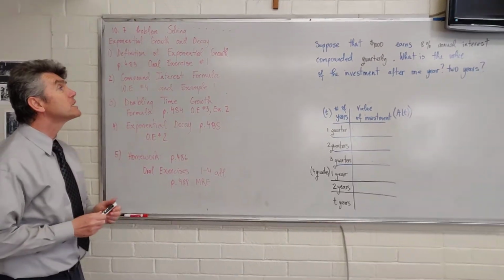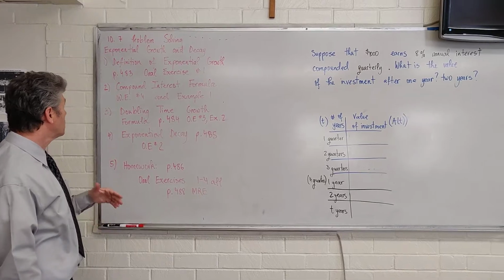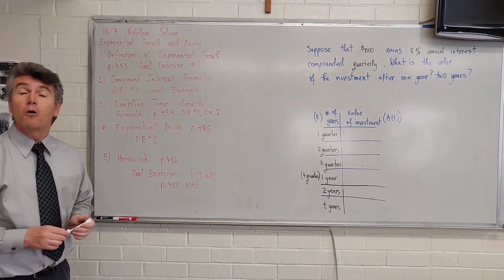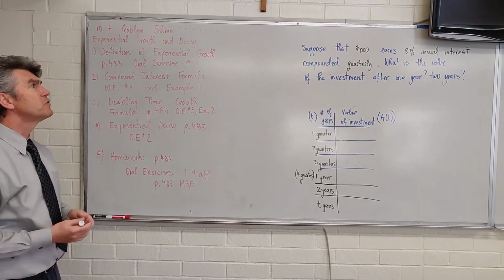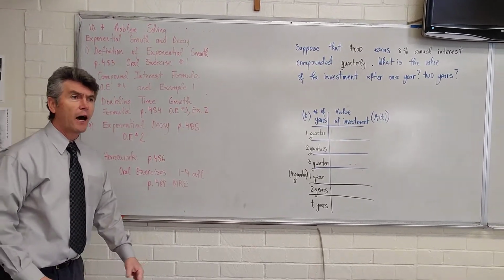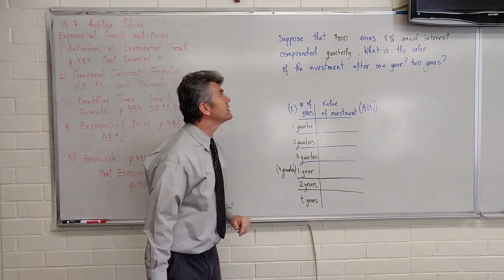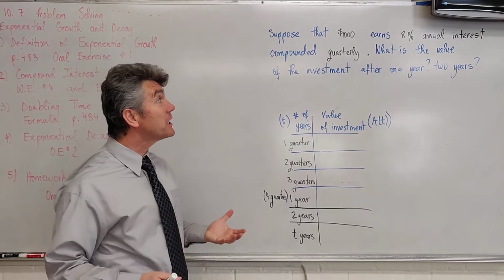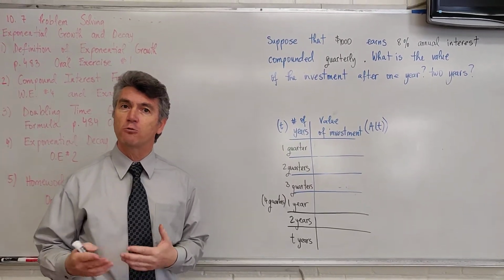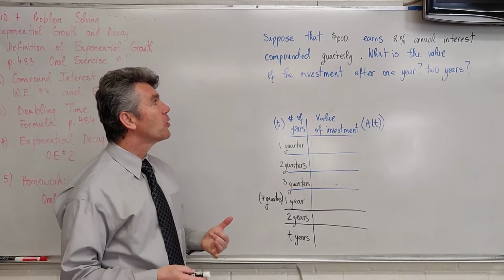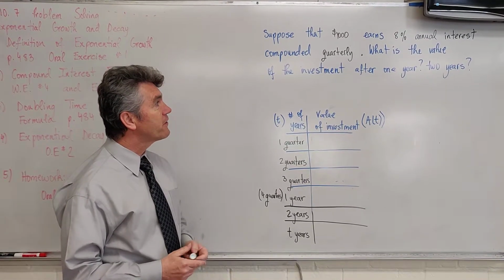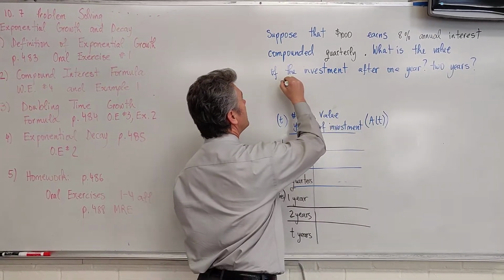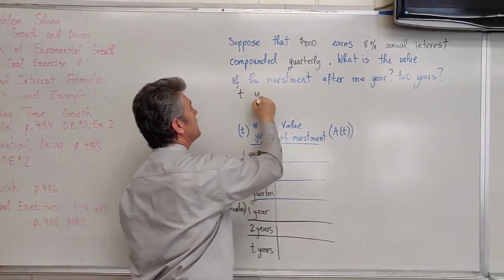Okay, so we continue with this lesson and go to the next concept, which is the compound interest formula. We'll get into it by first doing an example. So in our example, we have the same $1,000. It still earns an 8% annual interest, but the interest this time is not compounded just once a year, it's compounded quarterly. And our goal is to figure out the value of the investment after 1 year, 2 years, and even T